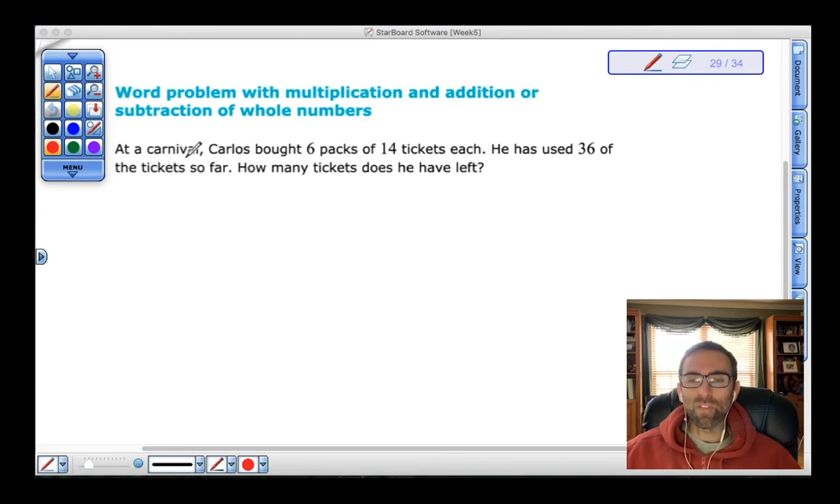So if we start with this one, first we want to figure out how many tickets Carlos has. He has 6 packs, and each pack has 14 tickets in it. So to figure out how many tickets he has in total, we have to multiply those two numbers. I don't want to write it as 6 times 14. Instead, I want to write it as 14 times 6. I want to have the larger number up on top. So 4 times 6, actually I get an answer of 24, but I'm going to put the 4 on the bottom. The 2 gets carried to the top. 6 times 1 is 6, plus the 2 is 8. So I know that Carlos has 84 tickets, but